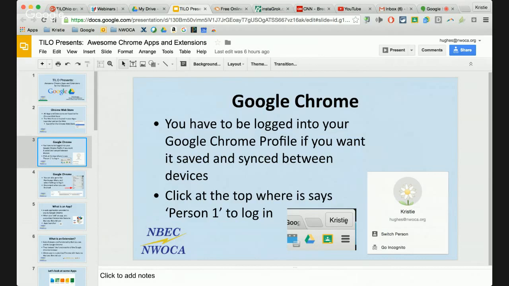And that's very important for teachers, students, anybody that is using Google Chrome, because what that means is that you can go to any computer, even a Chromebook, and all of your apps and extensions and settings will then travel with you. So once again, for students especially, all of these apps and extensions can also be put into their accounts.